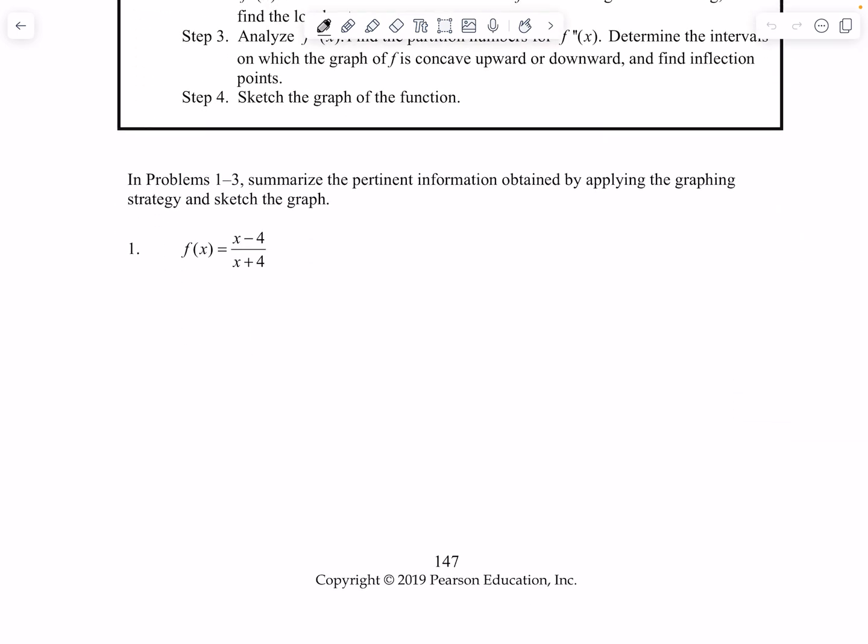So, in problems 1 through 3, summarize the pertinent information obtained by applying the graphing strategy and sketch the graph. Our function f of x is x minus 4 over x plus 4. So, for step 1, we will analyze the function. So, what is our domain? Well, right now the only limitation we have is that x cannot equal 4. So our domain,